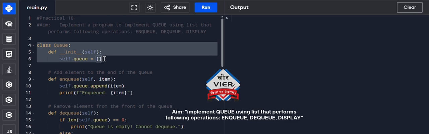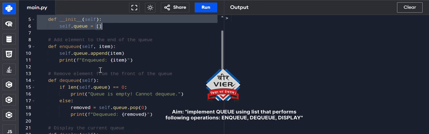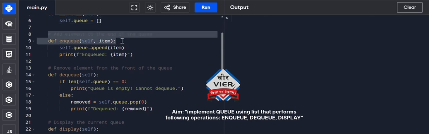Code breakdown, the Queue class. 1. The constructor and initialization. Code line: def __init__(self). Constructor: this runs when a new queue object is created, queue = Queue(). self.queue = [] is the internal storage. We initialize the core data structure, a plain Python list. This list will hold all the items in our queue.